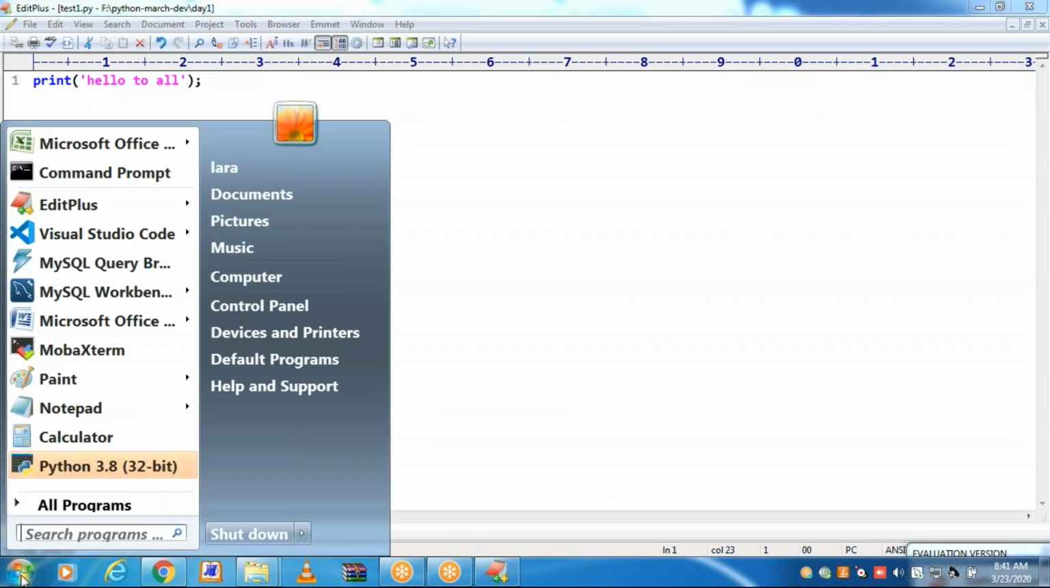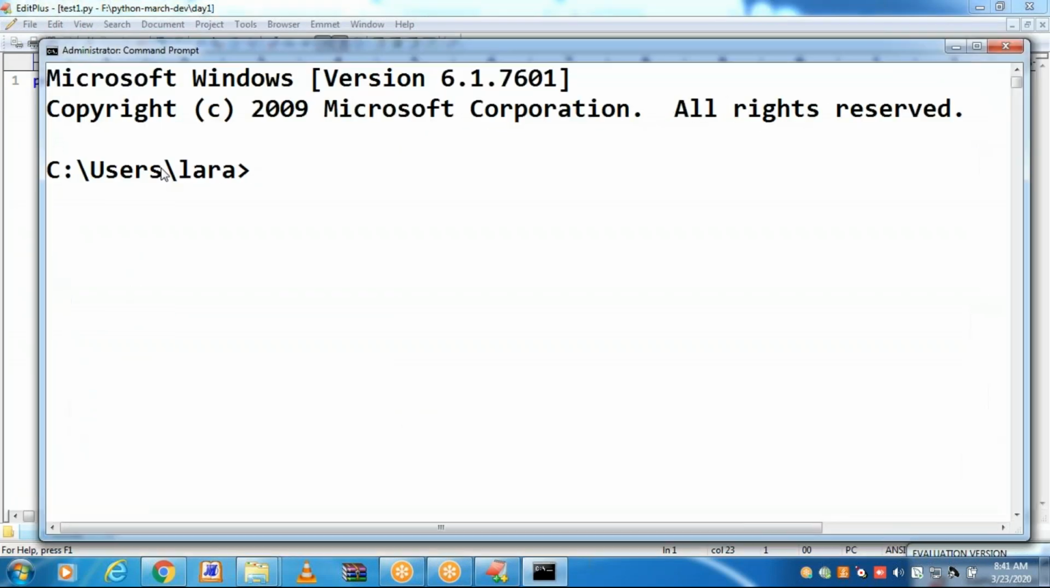Open a command prompt. I already showed the way of opening a command prompt. After opening it, go to the location where your Python program is developed. I developed it in the F drive. F colon represents the F drive, D colon represents the D drive, C colon represents the C drive. Inside this,